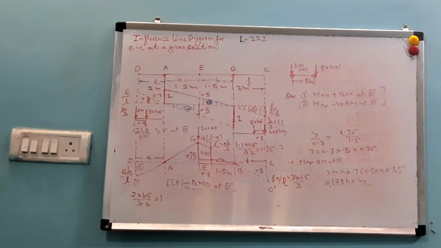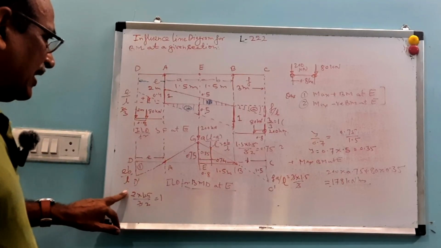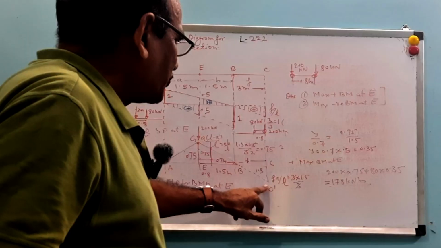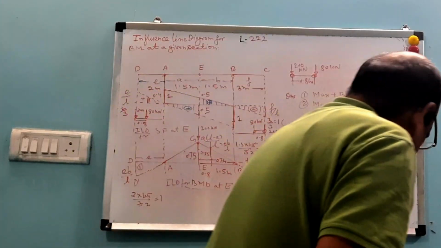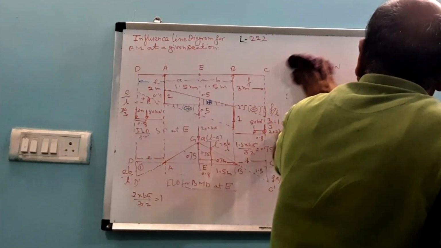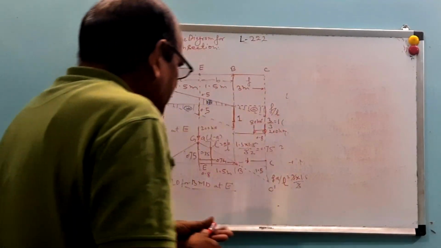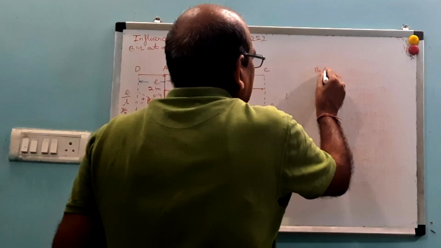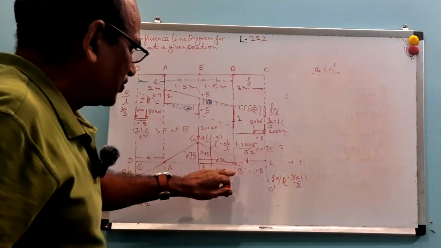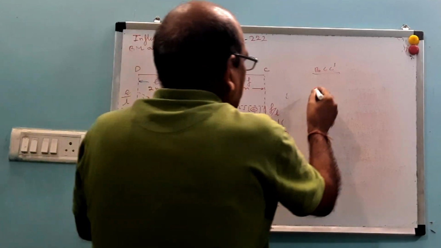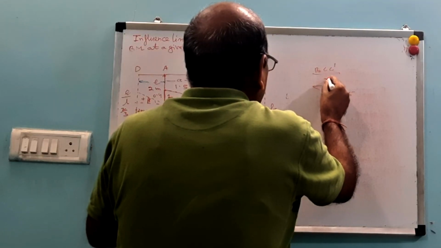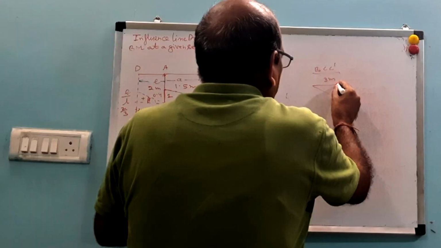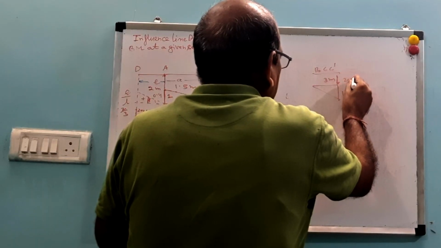Let us find out the maximum negative bending moment. So you will go either here or here. This is 1.5, so we'll go here. So this will be your diagram. This is 1.5, this is 3 meter, and we put the load here, 200 kilonewton, and